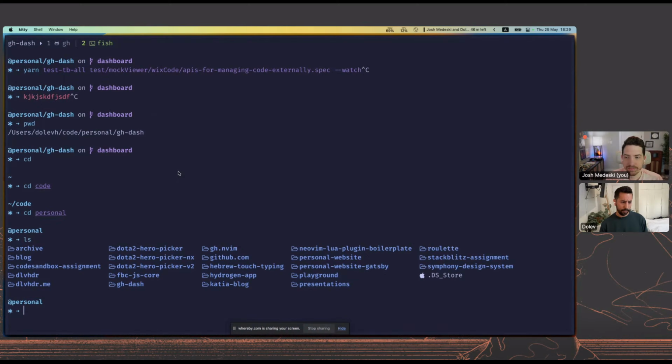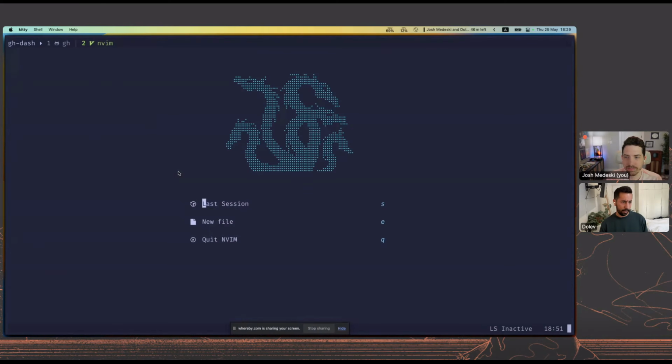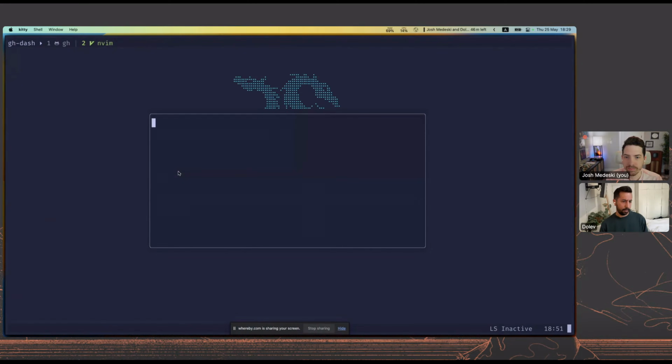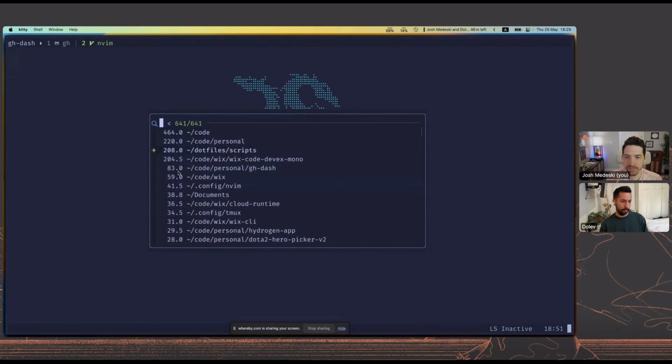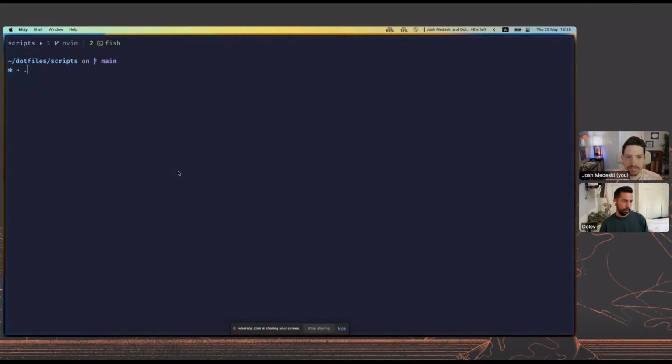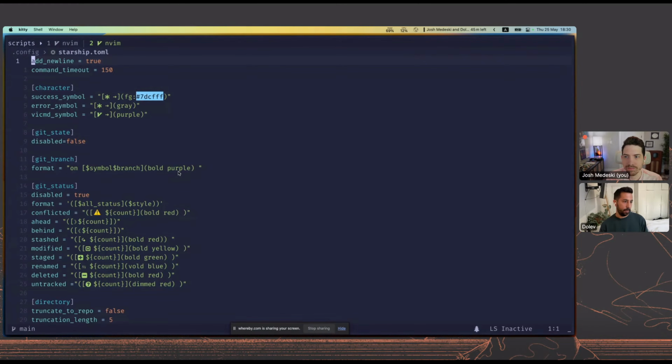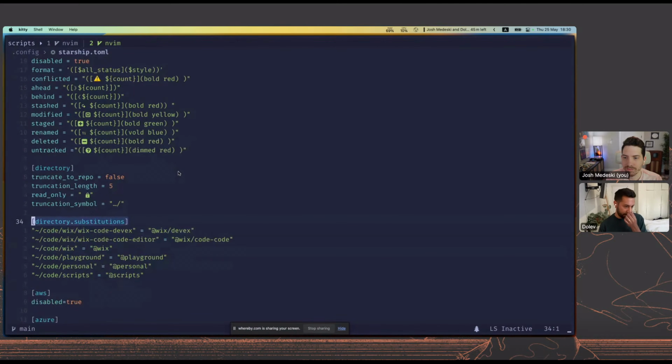Yeah, so Starship has a feature. If I go to my dotfiles, and then .config Starship, there's the directory substitutions section.